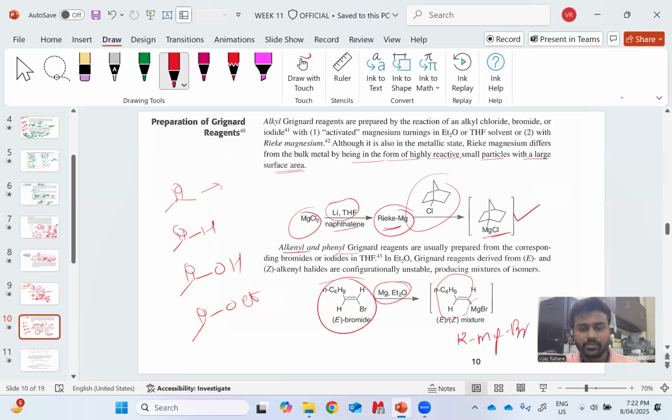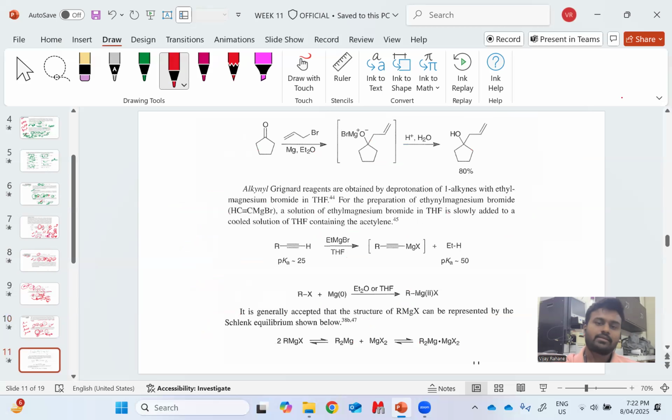In this case particularly, it is important to know that if you take the bromo compound, the resulting Grignard will be an E and Z mixture, because the intermediate step is the formation of the anion at this step, and then obviously the magnesium can attack on both sides. So that's why we get the E and Z mixture in the formation of this Grignard. But in the case of alkyl or allyl Grignard formation, the reaction is quite straightforward. So this bromo version directly reacts with the magnesium, and it directly forms the